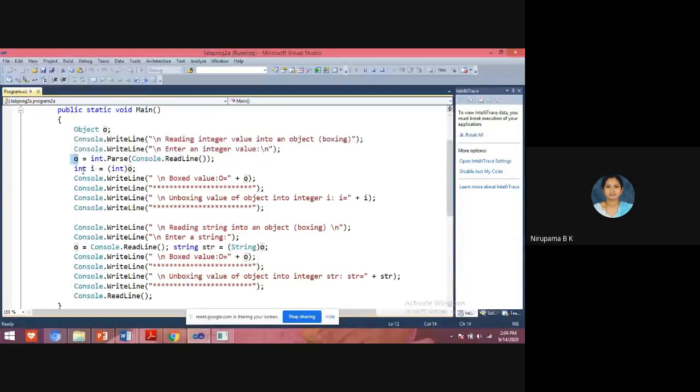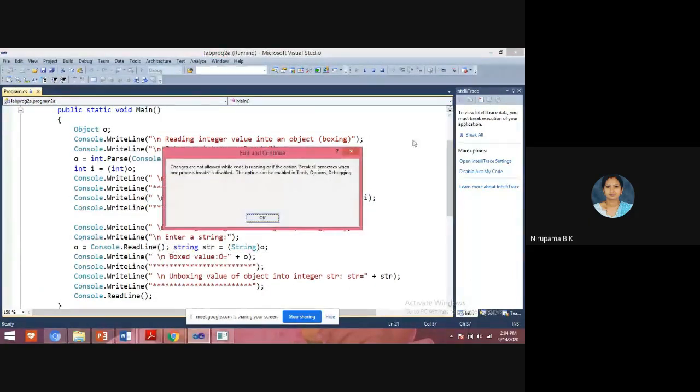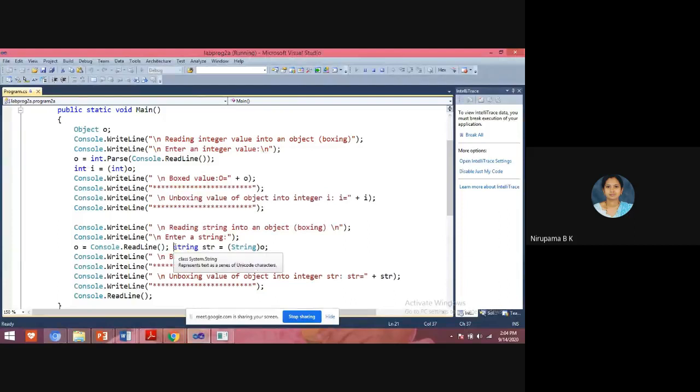And here we are explicitly converting that into unboxed, typecasting explicitly. This process is known as unboxing, and those values are displayed here, the boxed value and the unboxed value. The same thing for string also. Here the string value I am taking from the keyboard.